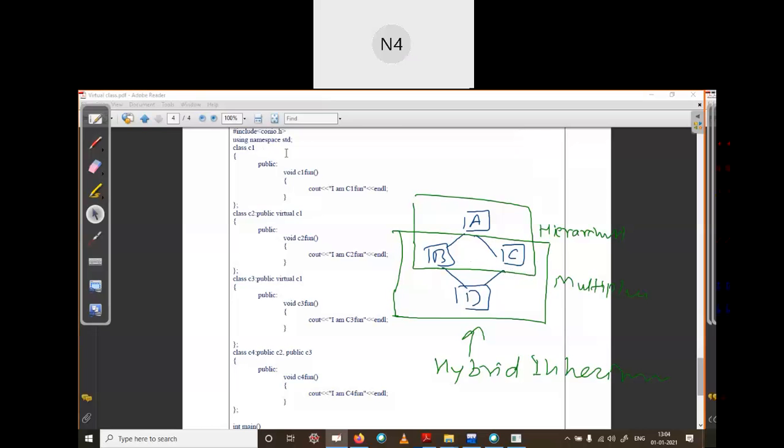Sir, once again. See this concept: when we derive more than one subclass from one class, like our class A, when more than one subclass is derived, this type of inheritance is called hierarchical inheritance. Meaning A is a father and has multiple children. A has 3 children, so this concept is called hierarchical inheritance. One base class is deriving more than one subclass, whereas in multiple inheritance, two or more classes are creating a single class.